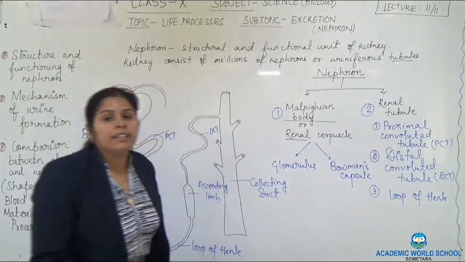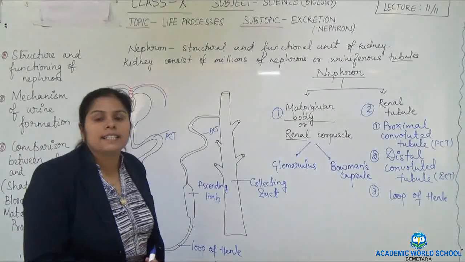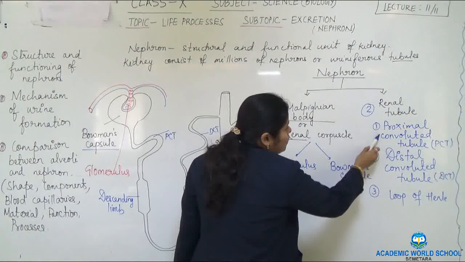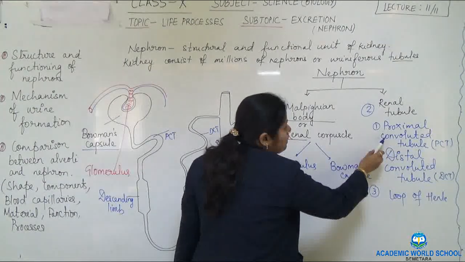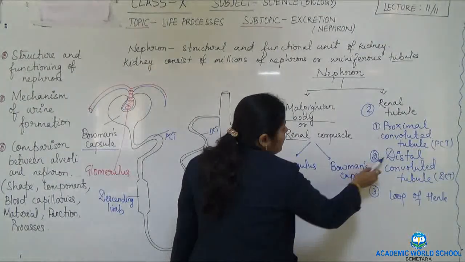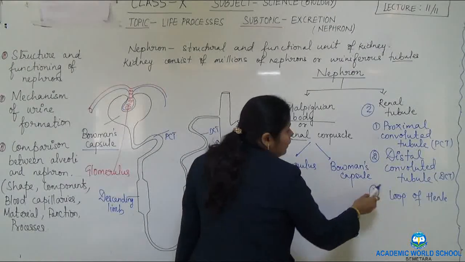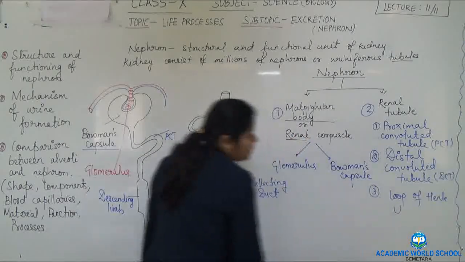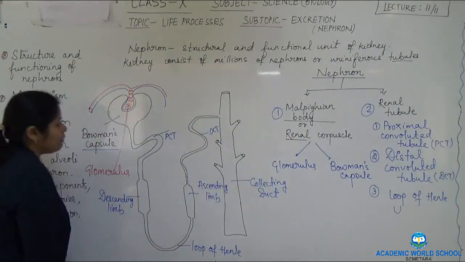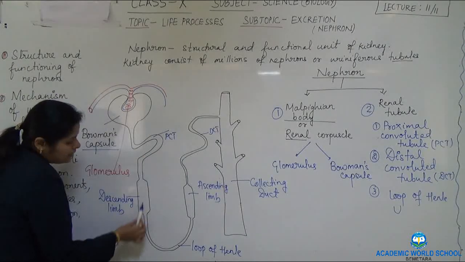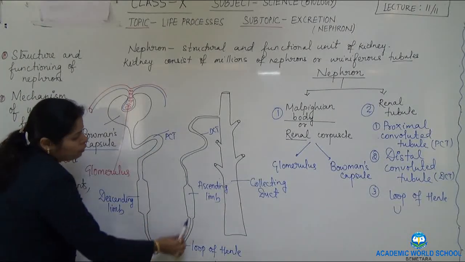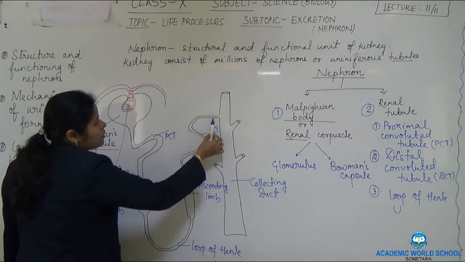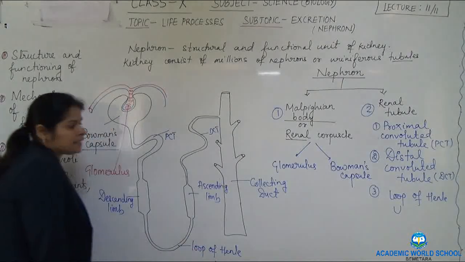From the word itself we understand that tubule means it might consist of various tubes. So this renal tubule consists of the proximal convoluted tubule, proximal meaning the nearest one. The second one is the distal convoluted tubule, the second folding or coiling, and the hairpin loop kind of U-shaped structure. This U-shaped structure is the loop of Henle. The first one, PCT, extends down. The hairpin loop, the loop of Henle, ascends up. The second folding, that is DCT, goes and reunites to the collecting duct.